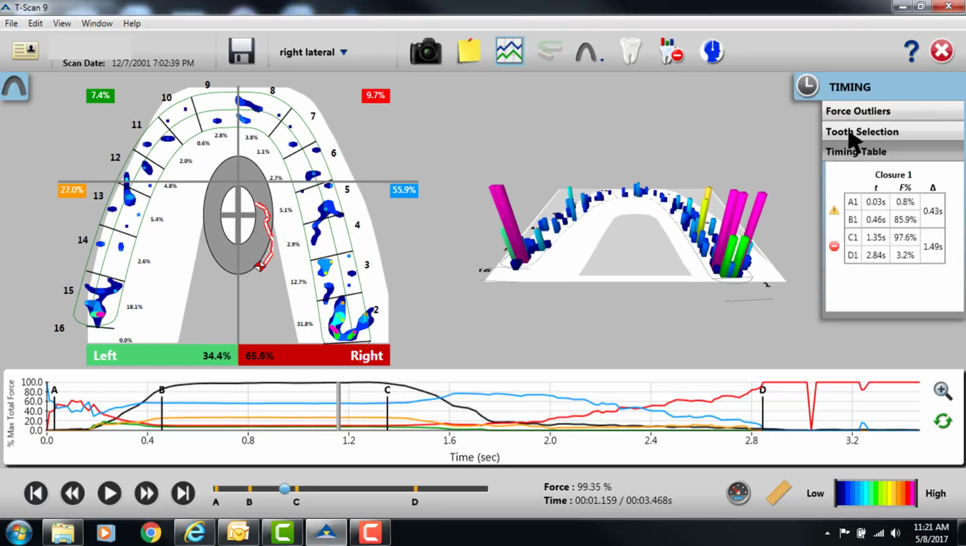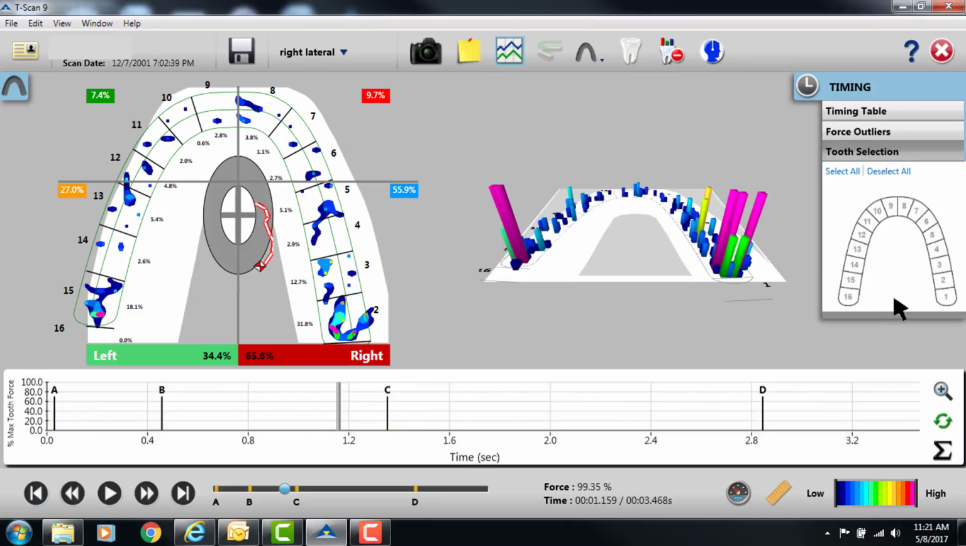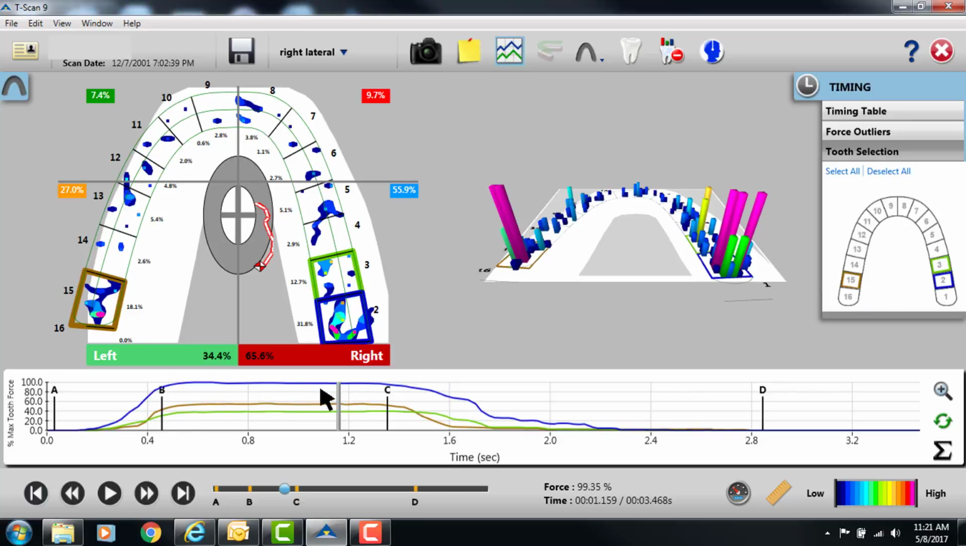In the timing table there's this tooth selection icon, and this allows you to identify the teeth that are of interest to you. And so based on this information, I would likely want to know how the relationship between 2, 3, and 15 are, since they are the 3 teeth with the highest total force. So I can click on 2 on the arch here, 3 and 15, and the graph will